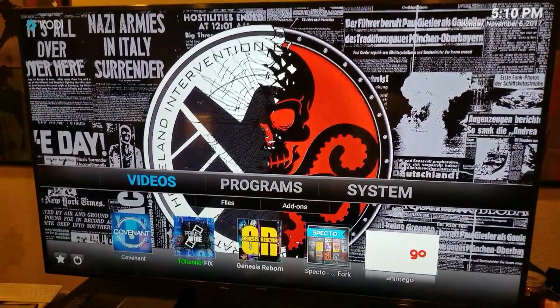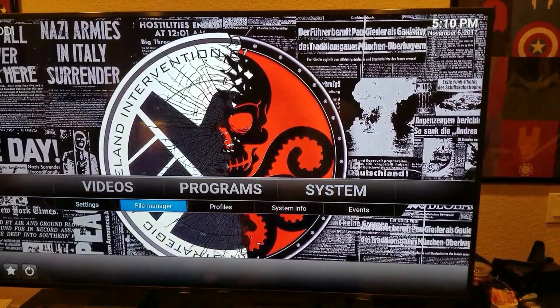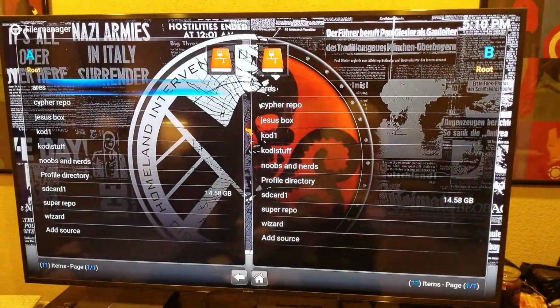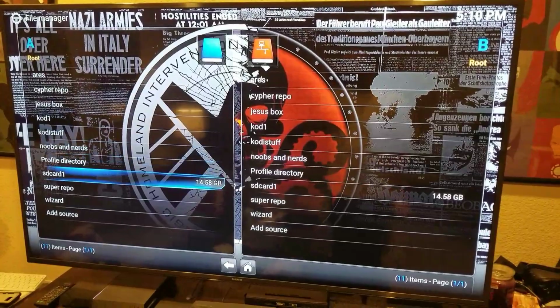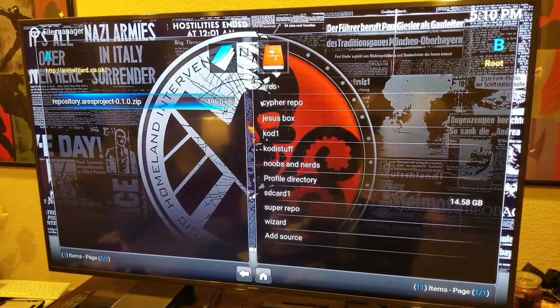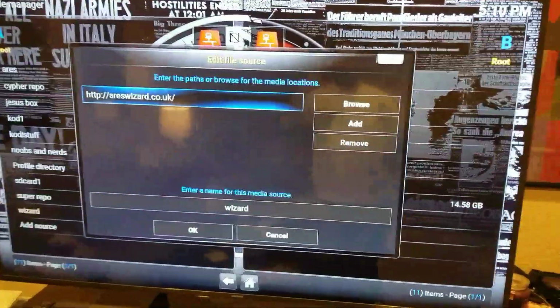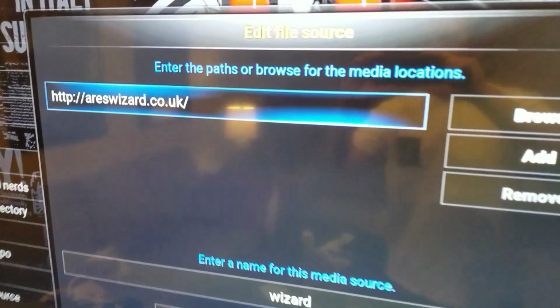So what you're going to go ahead and do is go over to System, go down to File Manager. Now, I've already loaded it in, so I'm just going to show you the link here. You're just going to go ahead and type this address in,